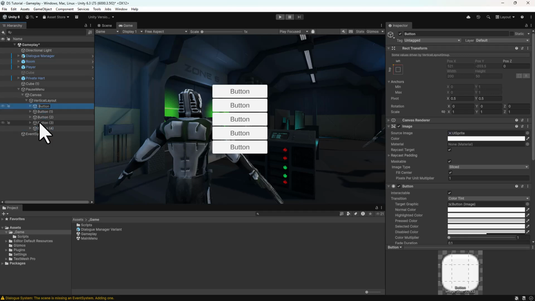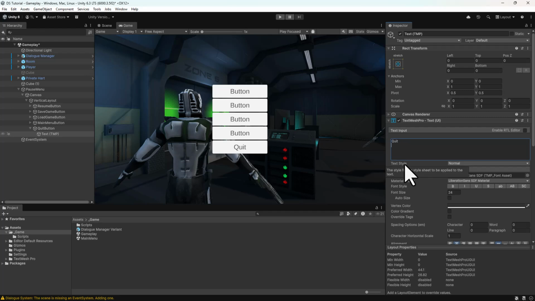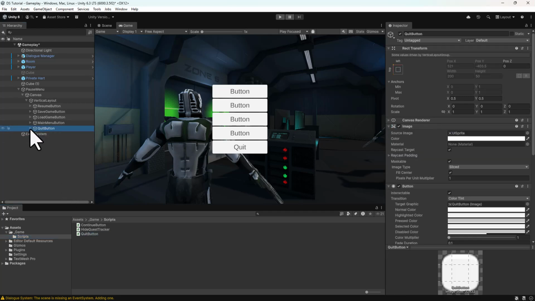Name them Resume button, Save Game button, Load Game button, Main Menu button, and Quit button. The Quit button works like in the main menu, just add the Quit button script. For the main menu button,